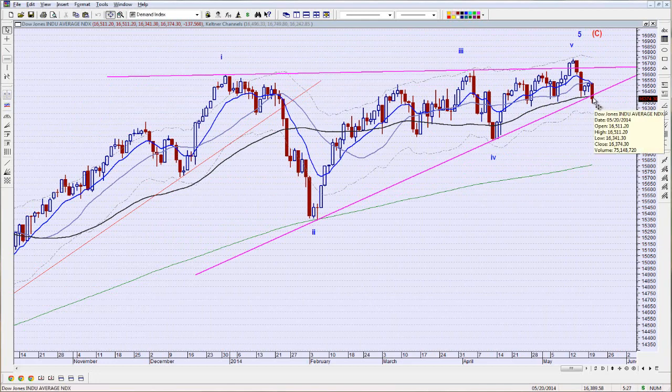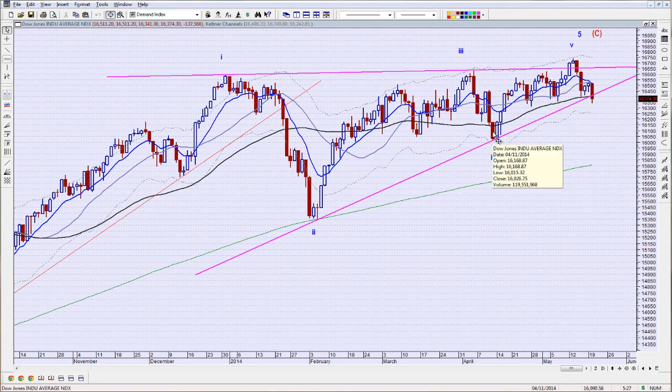So what are we seeing here? We got a close below the trend line, which is negative. We got a close below the 55-day moving average for the first time since May 11th. Today is the lowest close of the last 17 days. The previous lowest close was back over here on April 25th, so about 3.5 weeks. So it's pretty negative. We're continuing to get the follow through, and the key is going to be, do we continue to get this breakdown, and of course getting lower lows and lower,